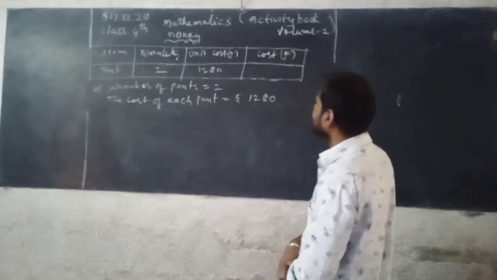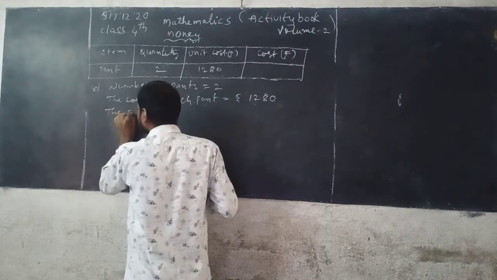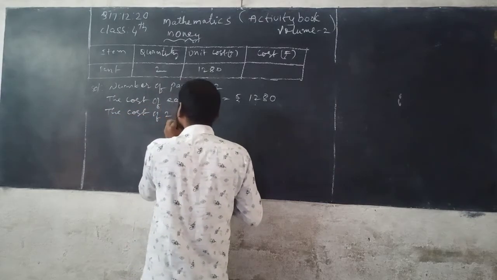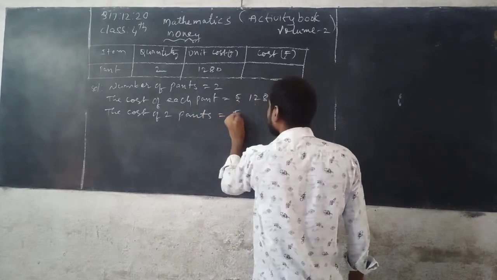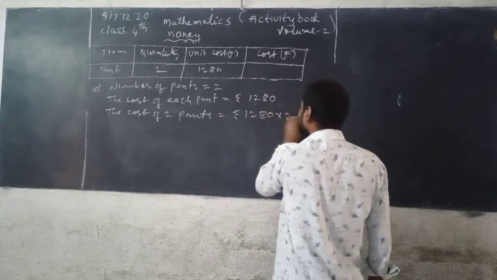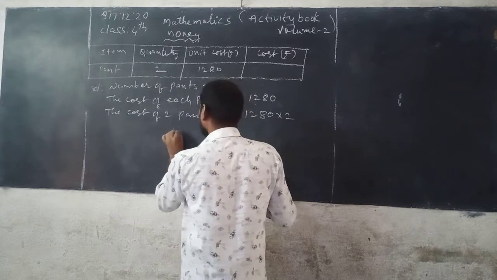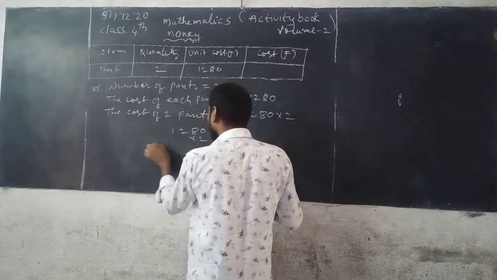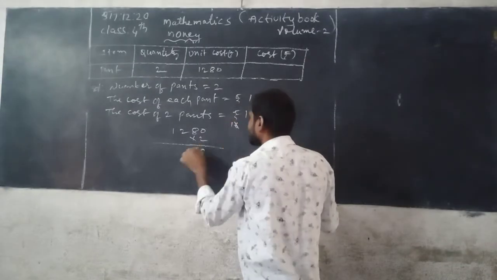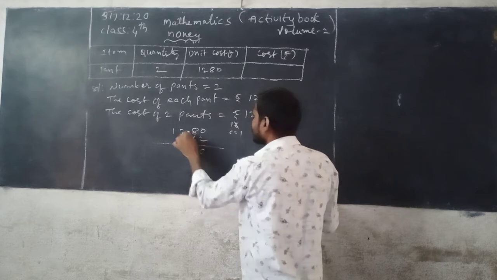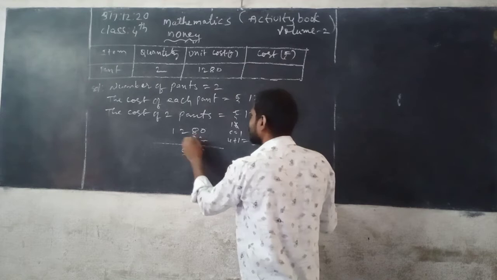So you can find out total cost, means the cost of 2 pints. What I have to do? The cost of 2 pints. So I have to take multiplication. That is equal to 1280 into 2. See here. 1280 into 2. Look at the blackboard. 2 zeros are 0. 2 8s are 16. In it 6 taking, carrying 1. 2 2s are 4. 1 is added to 4. 4 plus 1, 5. Now next 2 1s are 2. Write down.